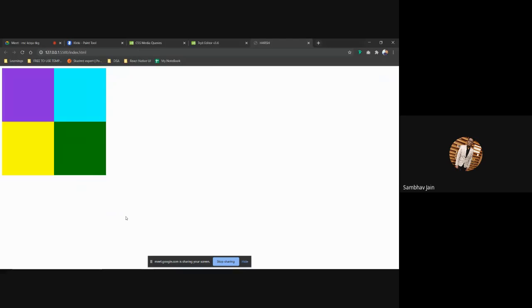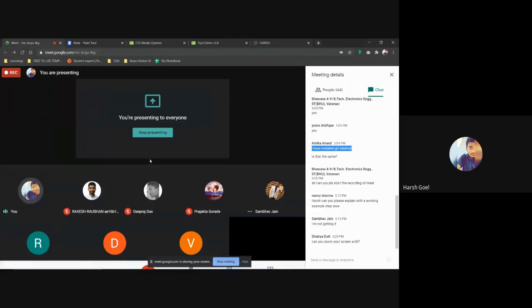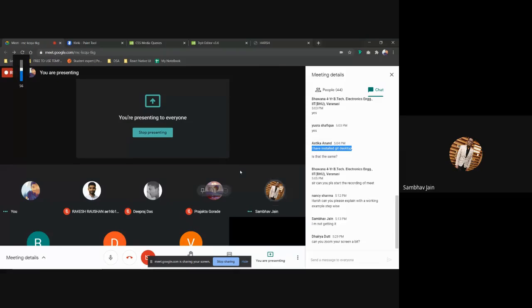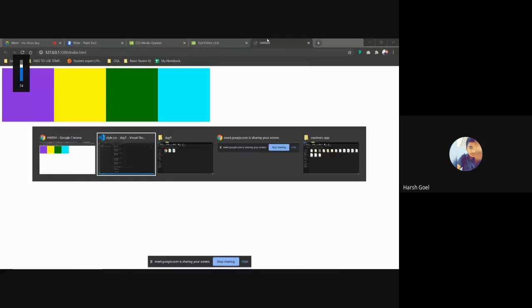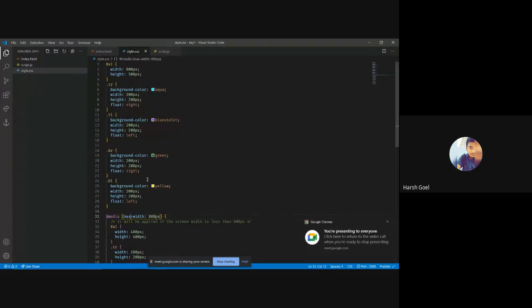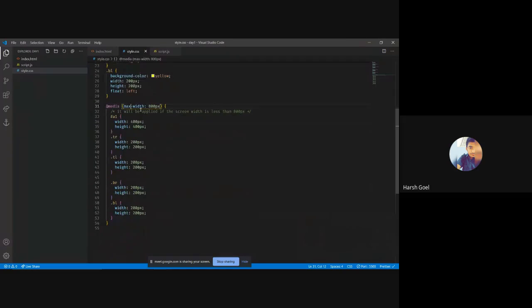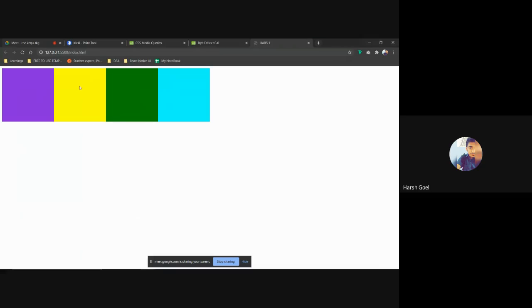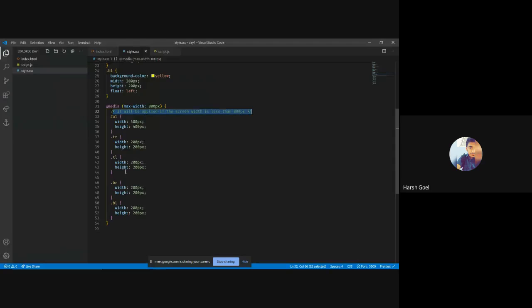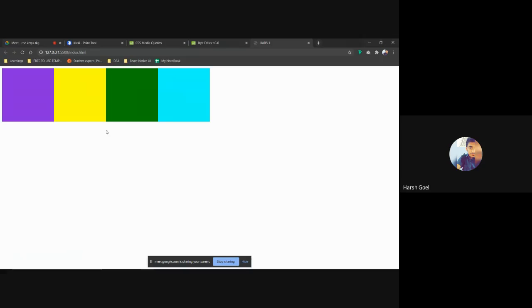Sir, please explain media queries again. Media queries, okay. So media queries are for mobile responsiveness. If I'm giving max width 800 px, it will be applied if the screen width is less than 800 px. If the screen is more than 800 px, it is not any problem. But if the screen is reducing, like I'm reducing the width,